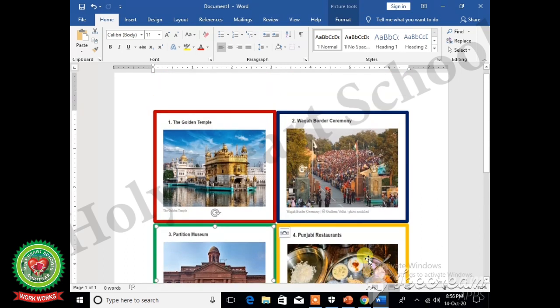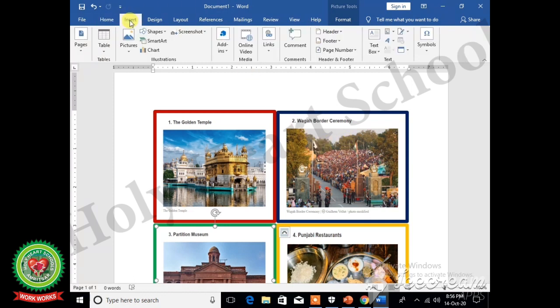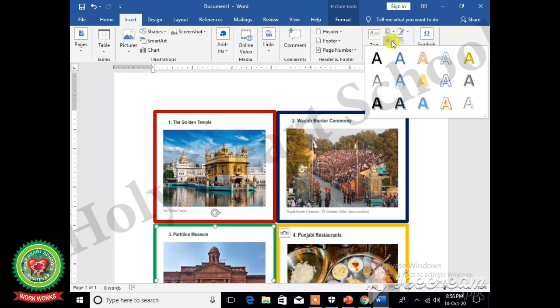Now I want to give a decorative title to this document. For this, click on Insert tab and click on Insert Word Art option. Now select any style.